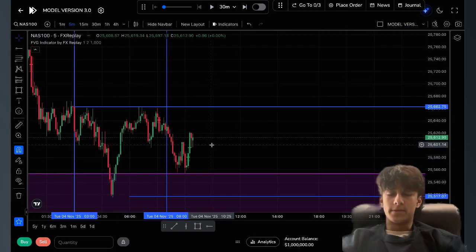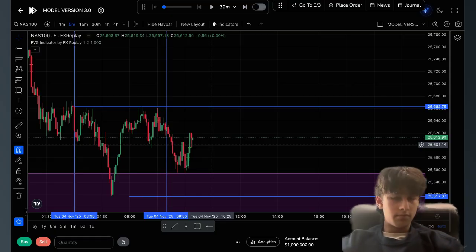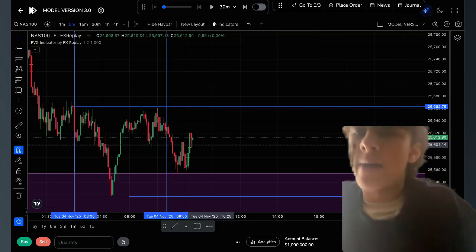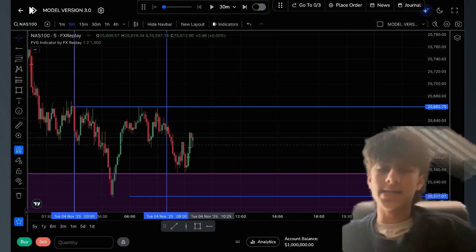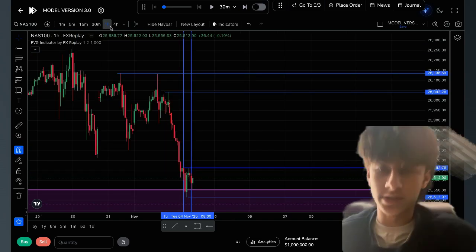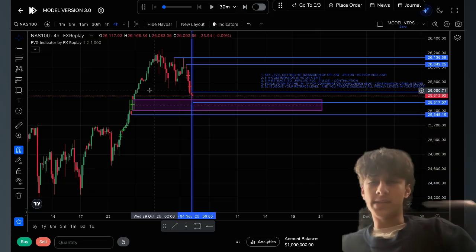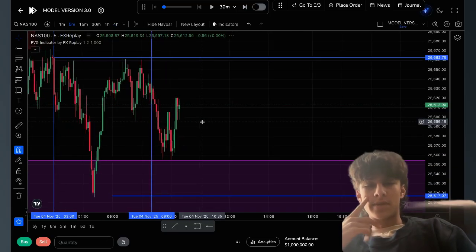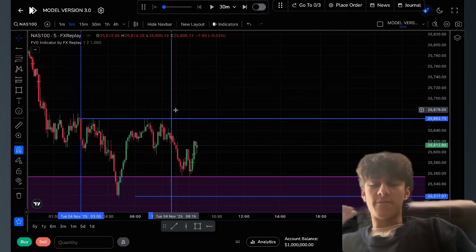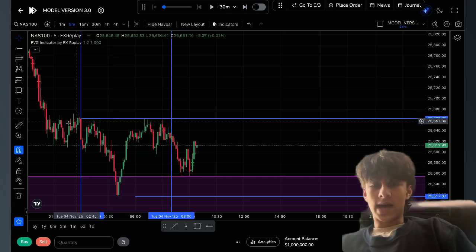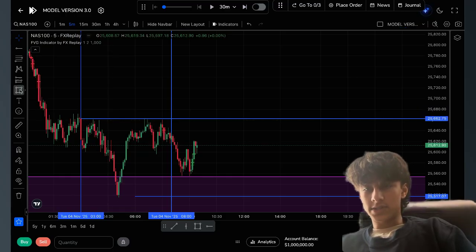there's two things, right? One, ES fully filled the gap, and there's a big possibility Nasdaq could do the same and just dump through this gap. But at the same time, you have this 4 hour confluence and that SMT, which can propel it to go higher. But I'm pretty sure if price goes up and takes out these London highs first,